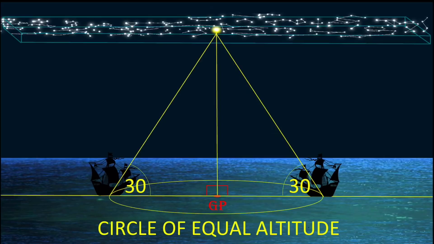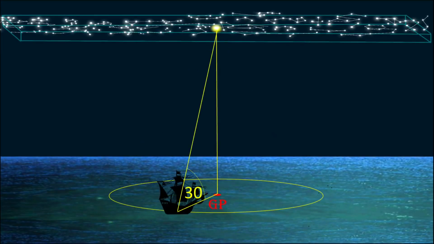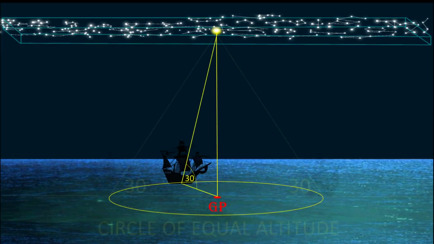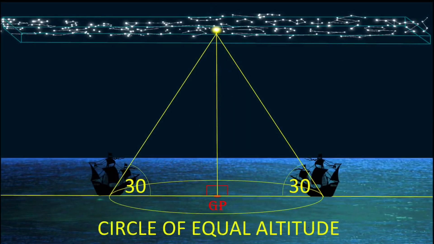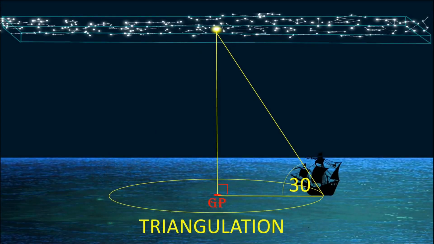And this is another killer blow to the globe right here. Everything on that circle of equal altitude is exactly that, equal altitude. No matter where you are on that circle, you're going to measure 30 degrees. And through being able to measure an angle to that star relative to the horizon, everything on that circle, in the area of that circle, is absolutely flat and level. By doing this once with a sextant, you know you are somewhere on that circle of equal altitude.